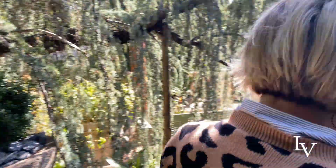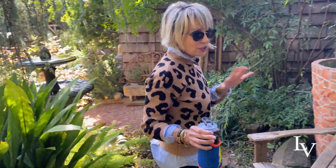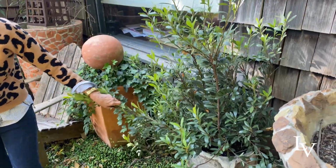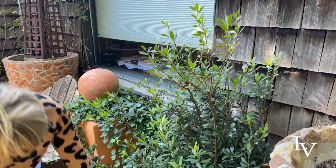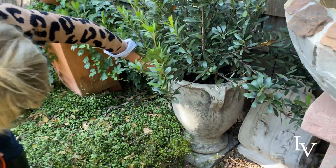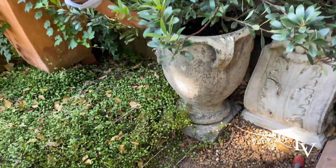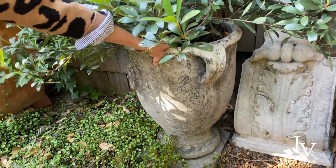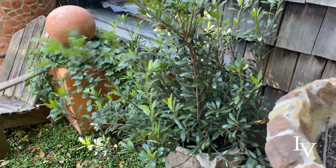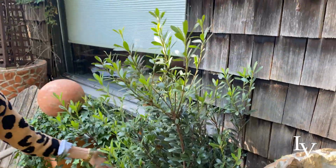So I'm going to come over here, and then we might have to cut it off at this point because there's so much to see. But I'm thinking this is an olive tree in here. I bet this is a little Ollie olive tree in a beautiful urn, chaliced urn here. And I don't know if they've got this planted in a liner or directly in the pot, but it is